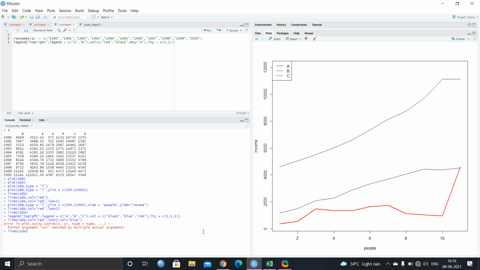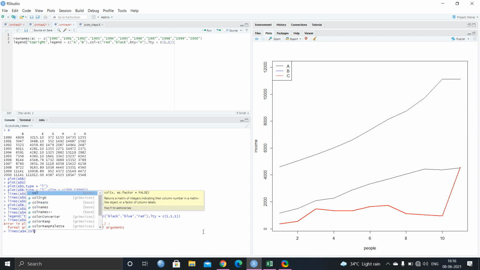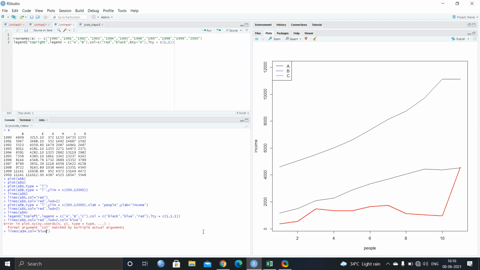Yes, this one. Color equals blue. Now you can see one is black, one is blue, one is red. So accordingly, I have given the legend names. Whatever your preferred legend name is, you can give it. And also if you want to remove this box, you can remove it